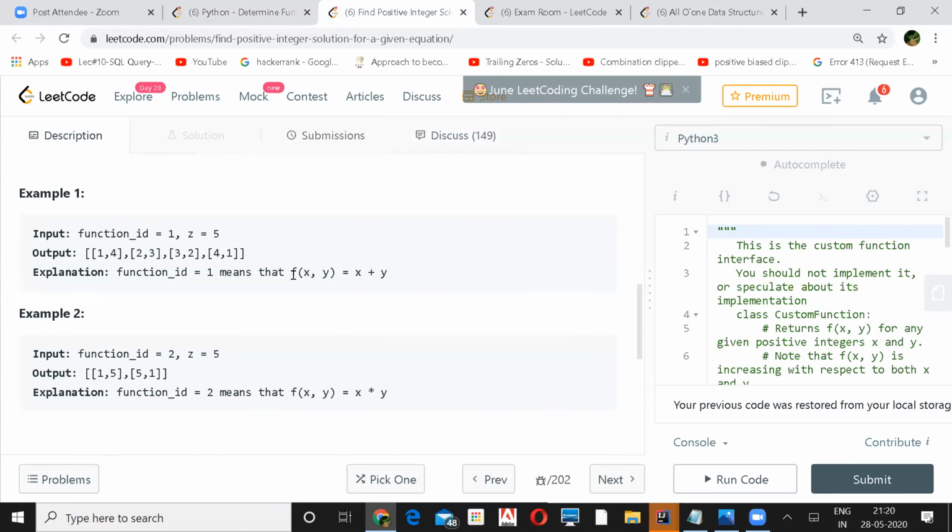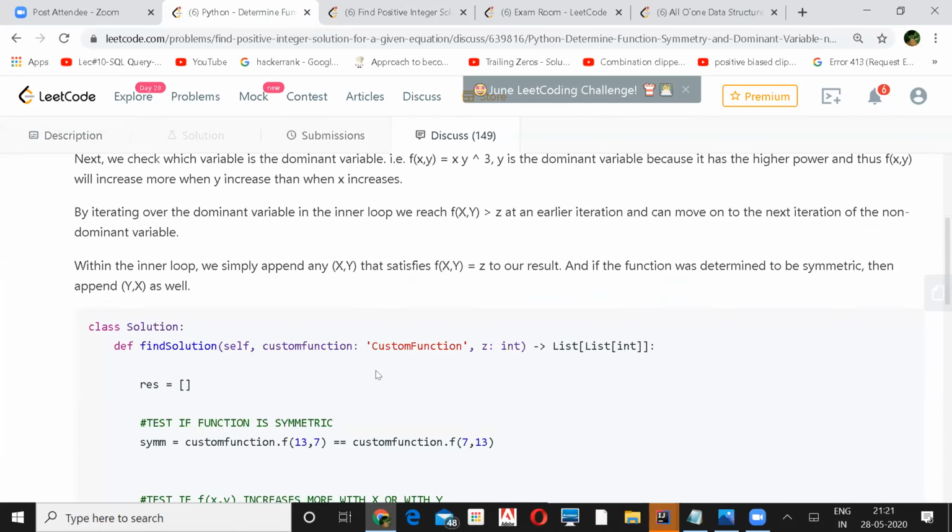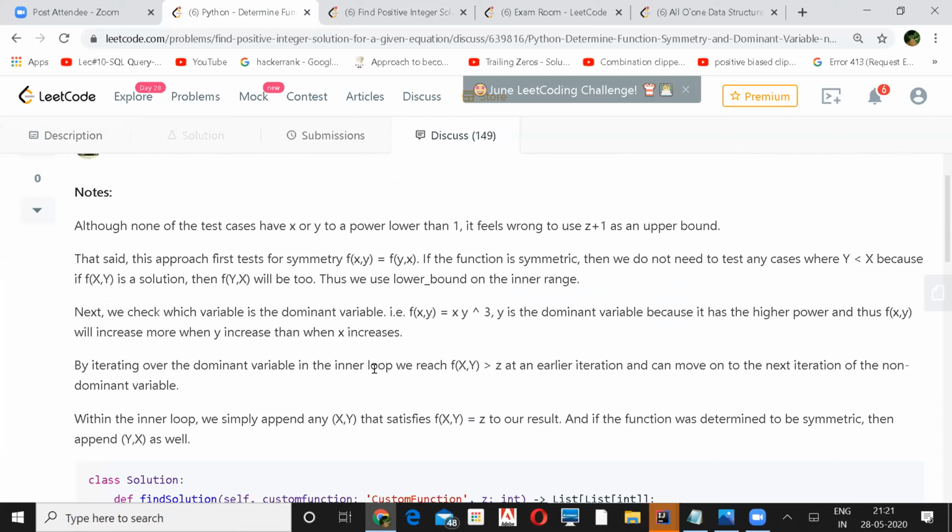So how did you implement it, Shashank? Yeah, I was just going through this function only. But again, it's...